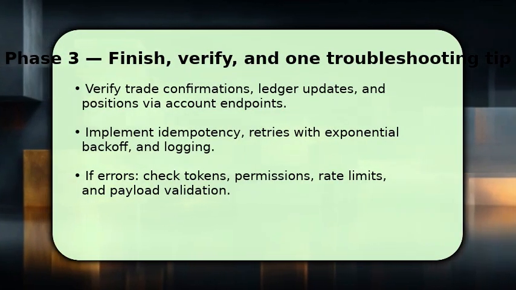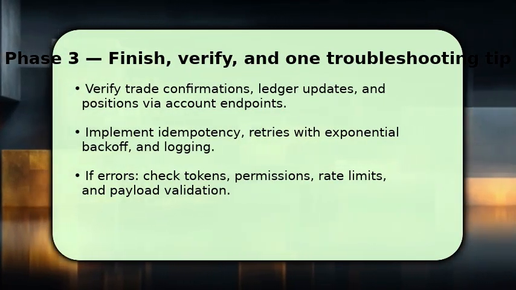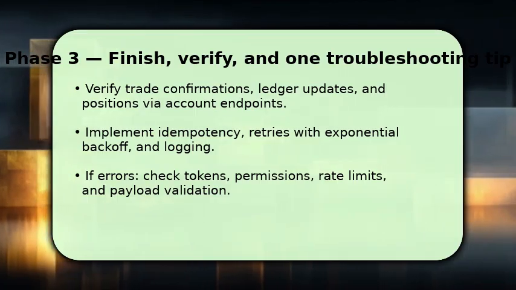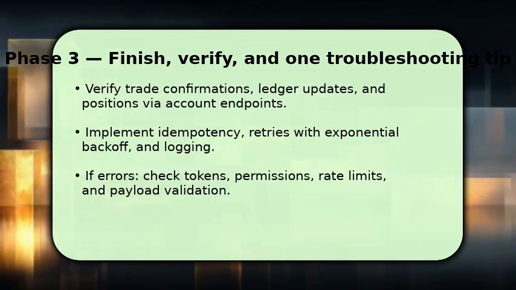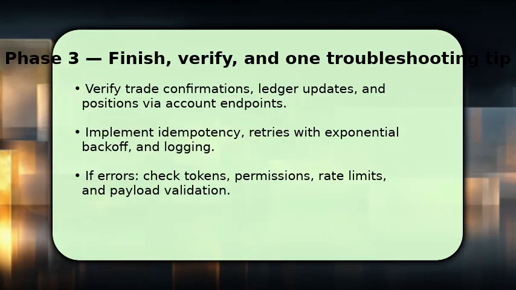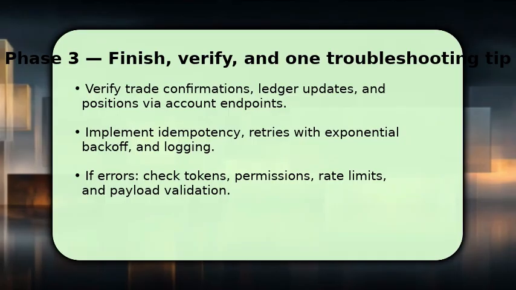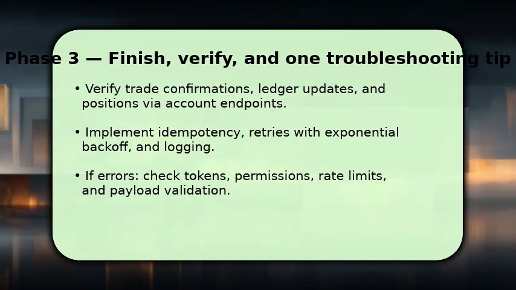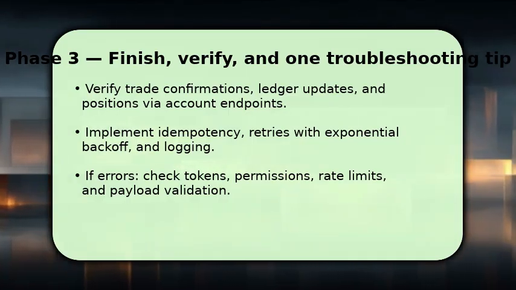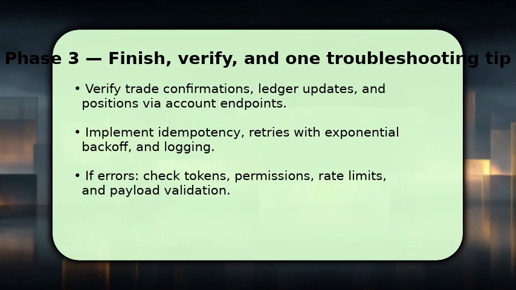Make sure to implement idempotency keys and retry with exponential backoff for transient failures, and keep structured logs for audits. If something goes wrong, first validate your token and permissions, then inspect rate limit headers and payload validation errors. Often a mismatched symbol or lot size causes rejects. Finally, switch from Sandbox to